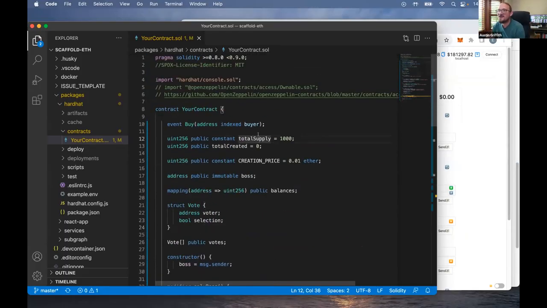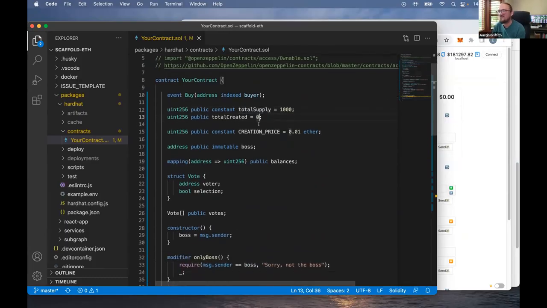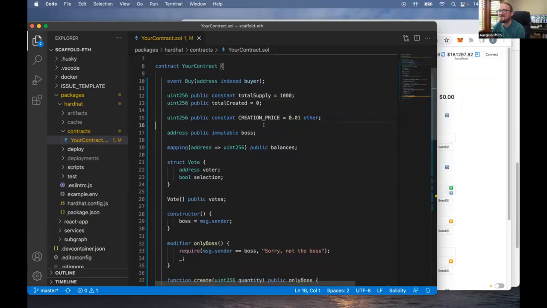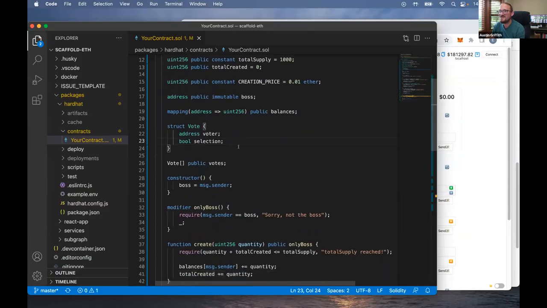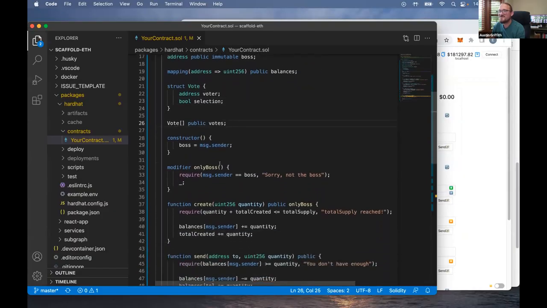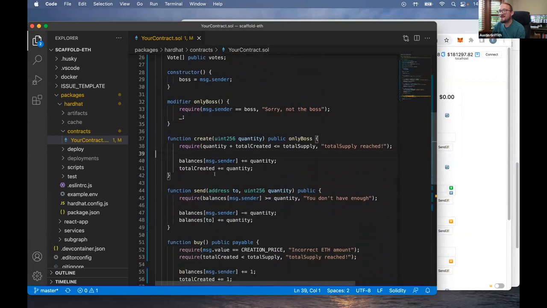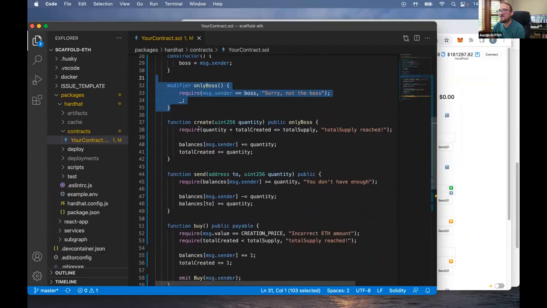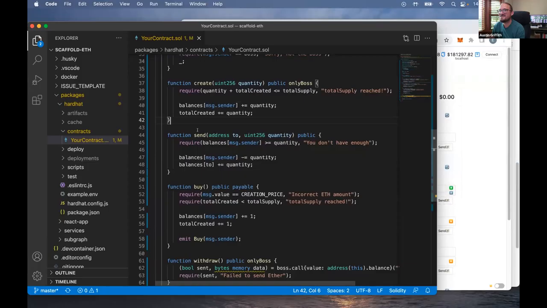So what do we have here? We've got a total supply. We had this total created, and we paid attention to the creation price. We kept a struct of votes and an array of all the votes. We have the boss getting set. We have a modifier, so only the boss can set it. Then we have a create that increases the total supply, making sure it isn't